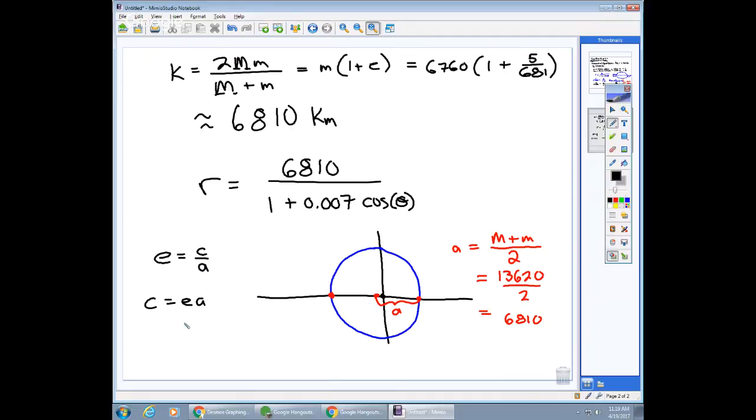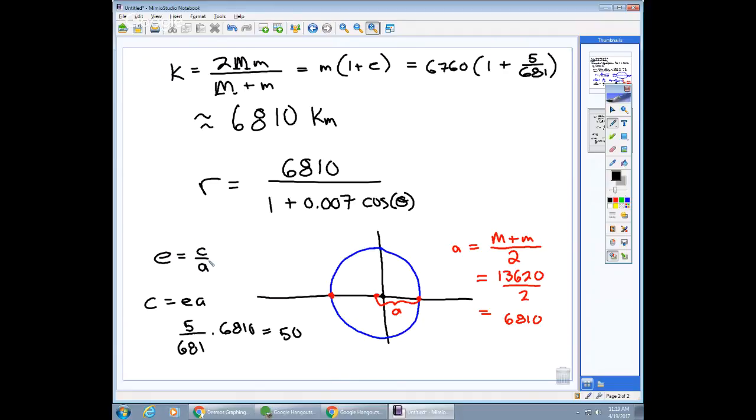My E as a fraction was 5 over 681. A here is 6,810. Now that cleans up rather nice, doesn't it? It's 100. No, it's 50, sorry. There we go. Now that's the distance from the center to the